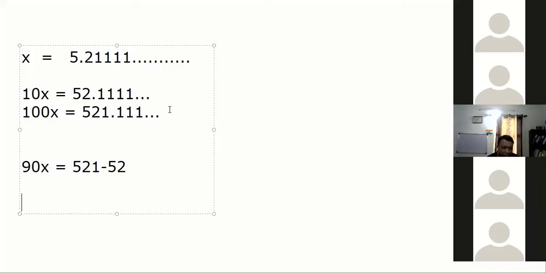Yes, sir. Gauri, why 100? No, Gauri. 269. Wait. So, Gauri, we are not done with 100. Gauri, first why did you do this 10x? Because I want to move this 2 to the left side. Because there was no pattern earlier. Okay, Gauri? So, we move this 2 to here and we multiply by 10. So, this is the question now. Forget this now. This is the question now.